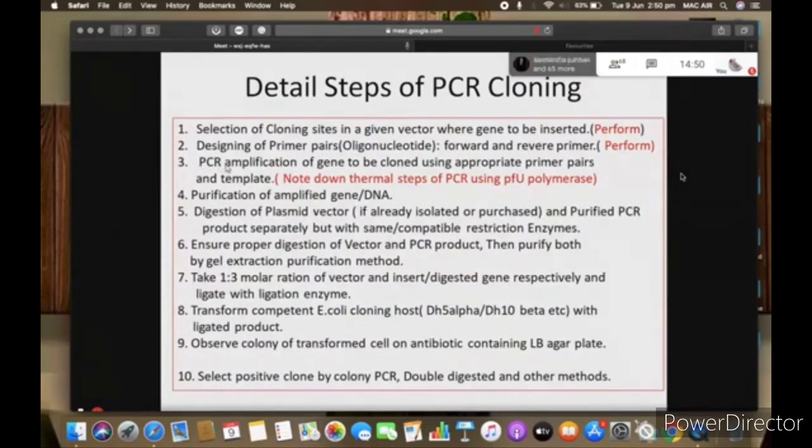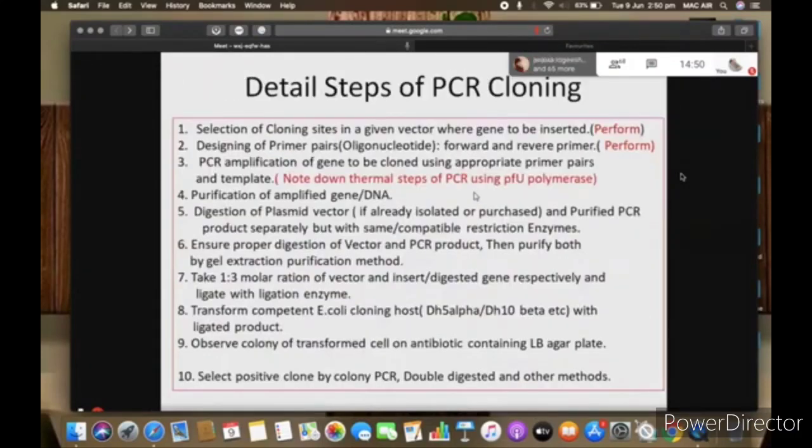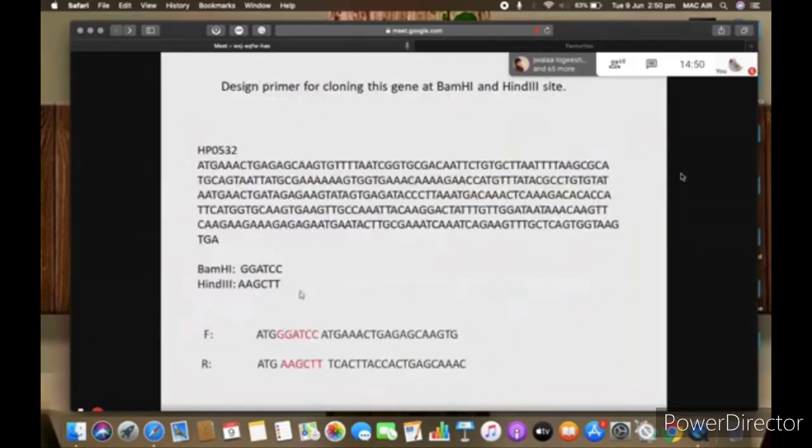Now, PCR amplification of the gene to be cloned using appropriate primer pairs and template. Suppose this is your primer. So show me, or you yourself can do it and show me next day, the thermal cycle of PCR.